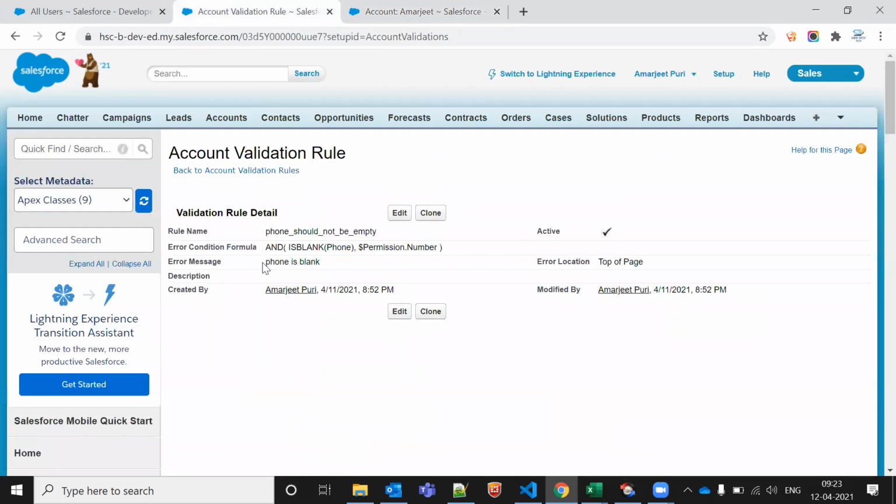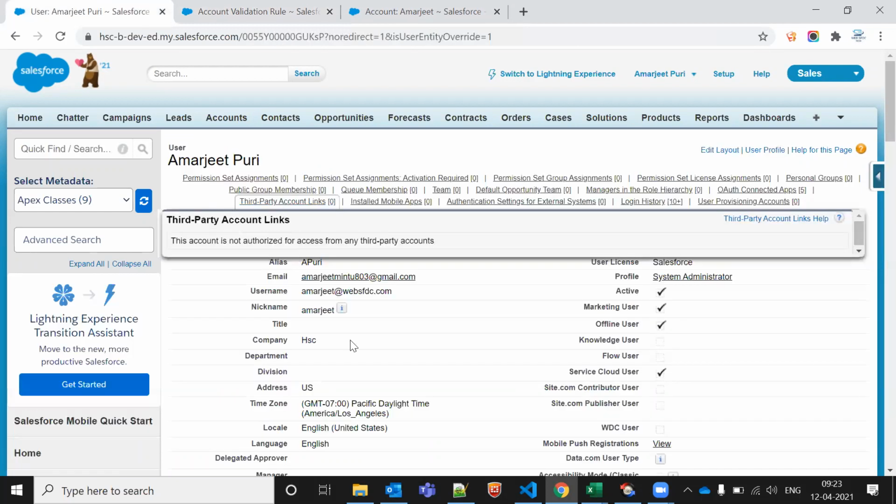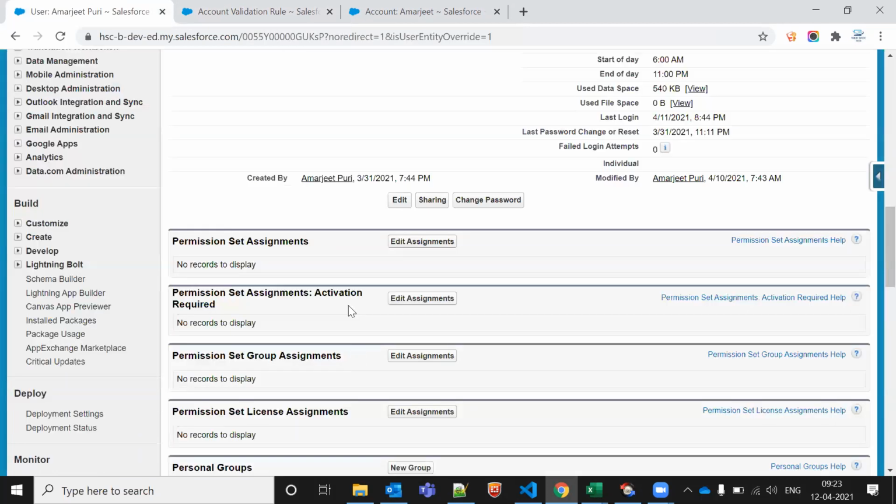Yes, I know, this is an AND condition, so definitely this will never work for system admin, right? Because we have assigned this permission set to another user. So if I go to my user, system admin here, and assign the permission set to system admin, let me go down and edit the permission set.